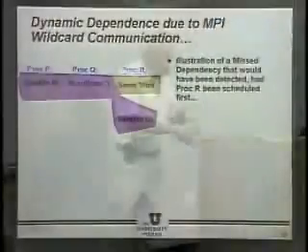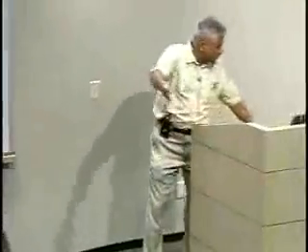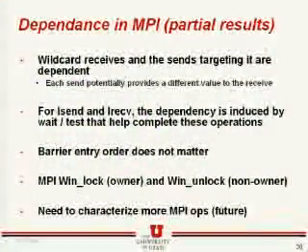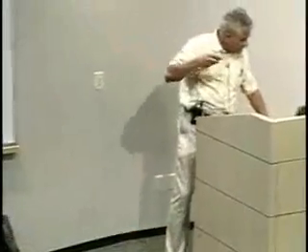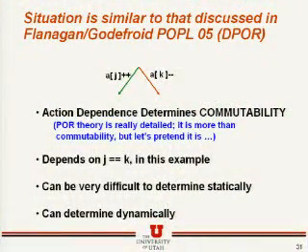So this is one reason why we found that the needs of MPI in terms of its partial order reduction and what Flanagan and Godefroid have proposed are a very nice match. Some of the details of the MPI dependence are in this slide. I won't go over it too much, but basically I want to turn your attention again to this notion of